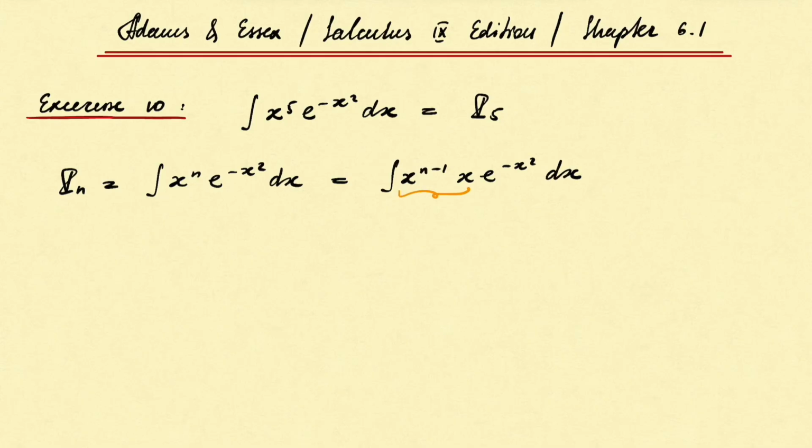The product of these two will be x to the n. Why did I do so? To take x times e to the minus x squared as the function we'll find an antiderivative of, and as always we'll use the polynomial as the function we'll differentiate later on to reduce its